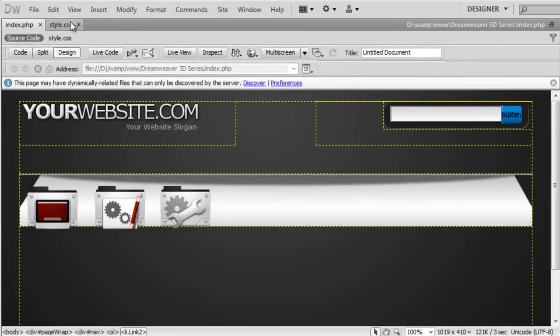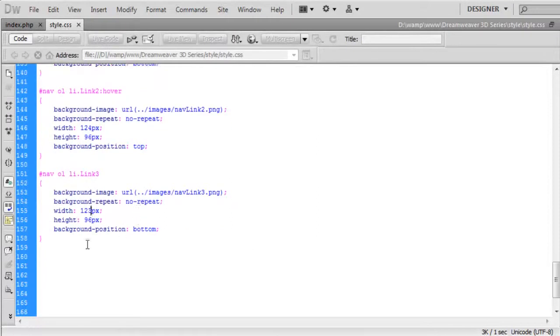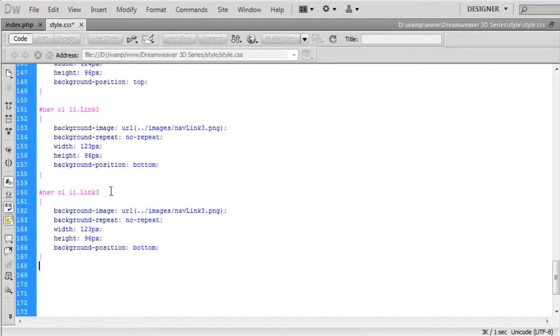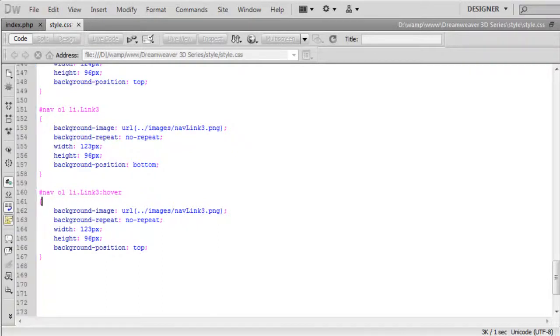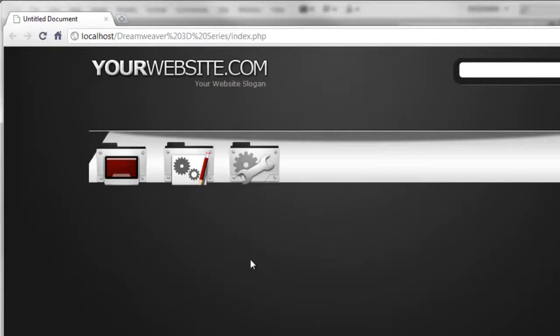So you can see how easy it is to add these in. And again, it's just copy and pasting. Once you've done it once, you only have to change a couple of things. So again, we'll copy this. And then we have to add on the hover and change the position from the bottom of the image to the top of the image. And if we just save that and go back to the browser, hit refresh, and there you go,